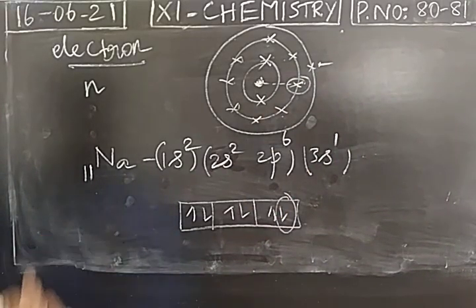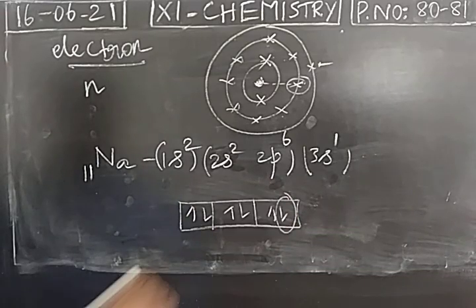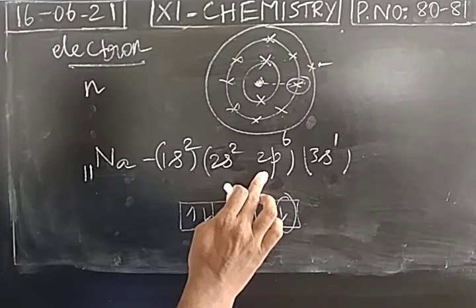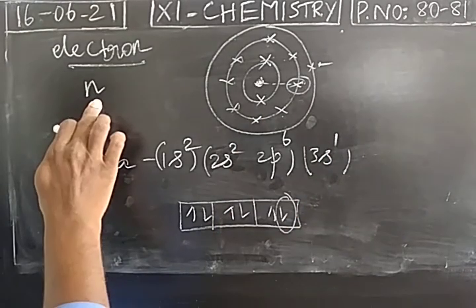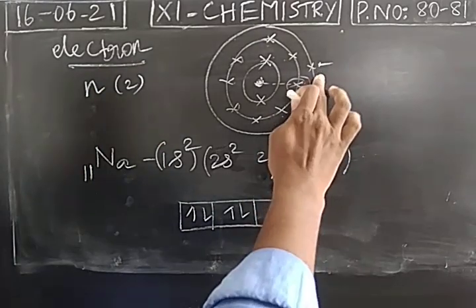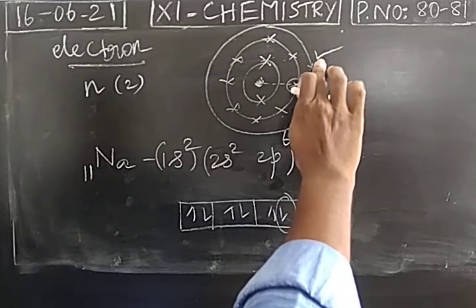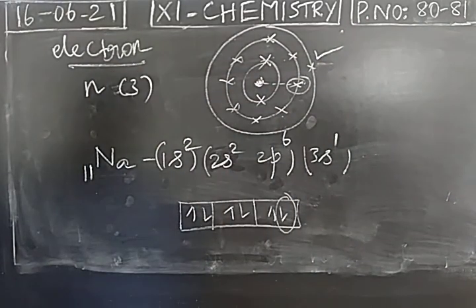So when you select an electron, that shell is denoted as the nth shell. For sodium, I am selecting an electron in a 2p orbital. That means the electron is in the second shell. Okay, I am selecting this electron, it is in the second shell. So the n value is 2 for sodium. I can select this electron also. This electron can also be selected. So the third shell will be the nth shell. So we have to identify the electron for which the screening constant will be calculated.